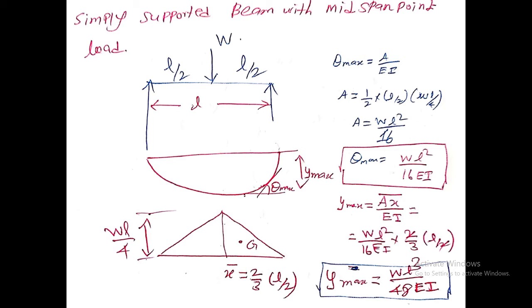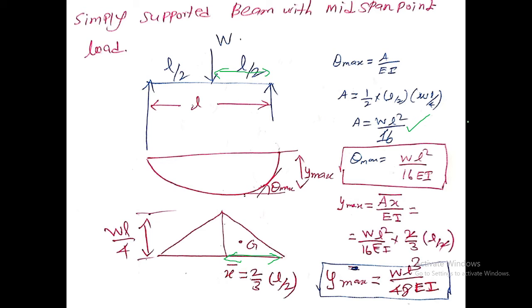So theta max equal to A by EI. Area is equal to 1 by 2, it is symmetrical, half into B is L by 2. So total half of the distance is L by 2. This is the L by 2 distance, and this is also L by 2. L by 2 into H equal to WL power 4. So area equal to WL square divided by 16. WL square divided by 16 is the maximum